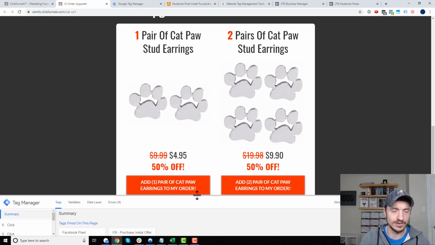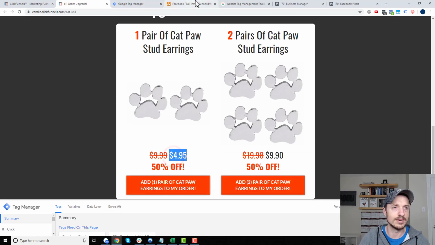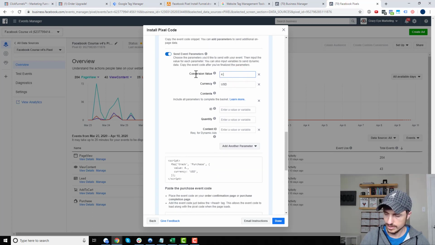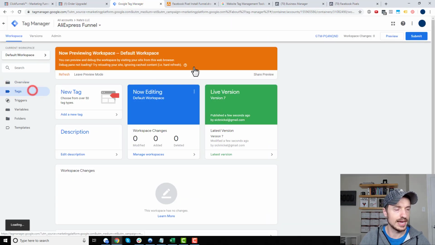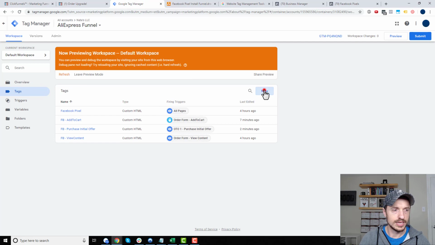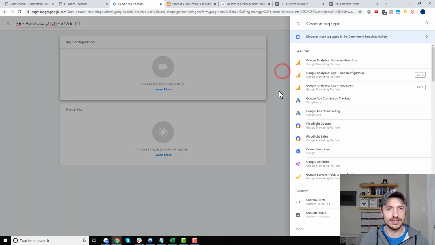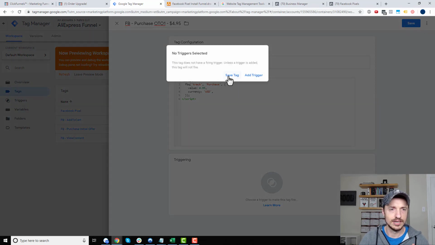Now, hopefully you know how to do a button from previously, but we'll do it again. All right, so the first one is $4.95, okay? So let's come back over to our pixel and do $4.95. Okay, grab this, come to Google Tag Manager, tags, and new tag, and FB purchase OTO 1 $4.95. All right, cool. Tag configuration, custom HTML, paste our code in there, leave everything else default, save tag,